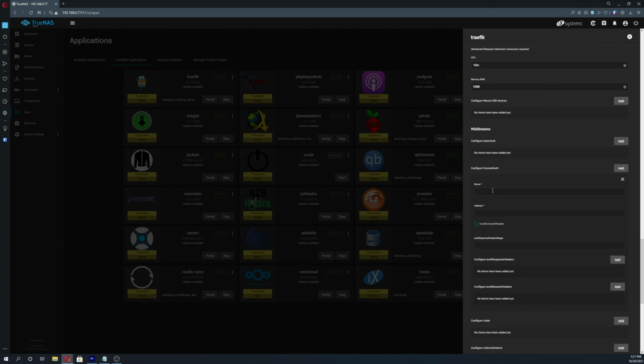Click add. For the name, use something that you're going to want to be typing into every other application to enable this service. So if you want another application to run off of your single sign-on with Authelia, just make sure it's something easy to remember. I just put in auth. For the address,